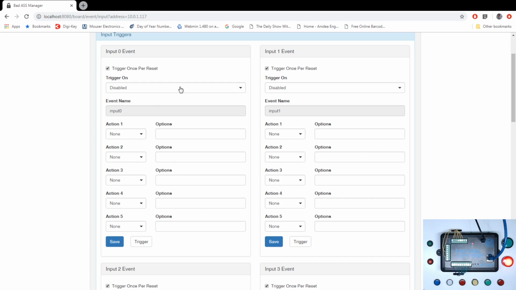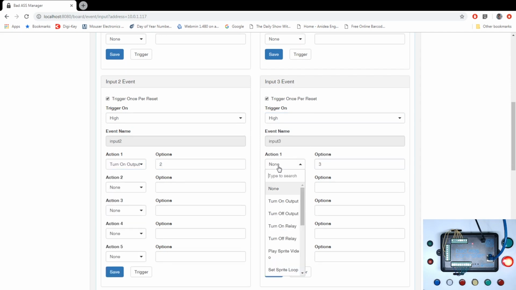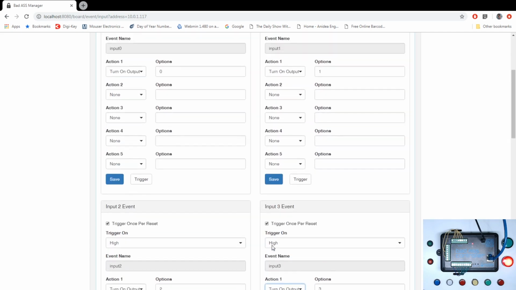And just as a very basic configuration, we're going to enable when this input 0 goes high, we're going to turn on output 0. And we're going to do the same thing for the rest of them and show how this all works. Okay, so that's the standard configuration that you would typically use, where when there's a high on the input, it then turns the output high. And I've matched the numbers here. So I'll go ahead and save this here,